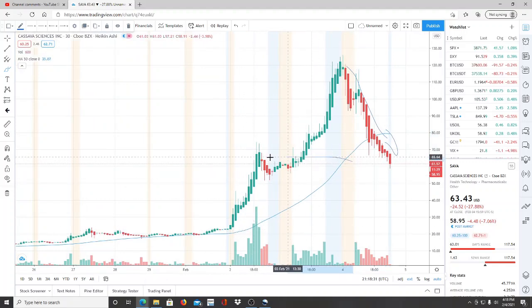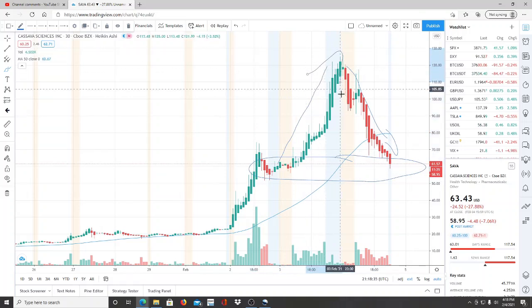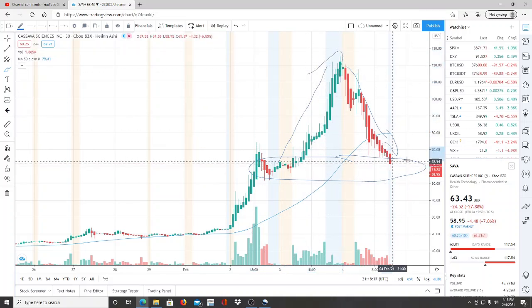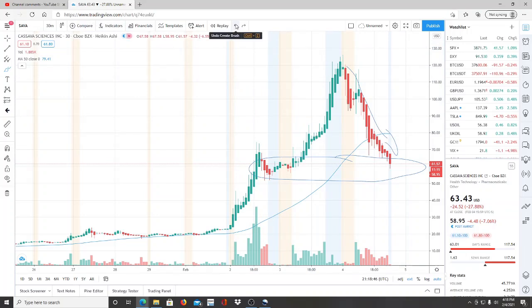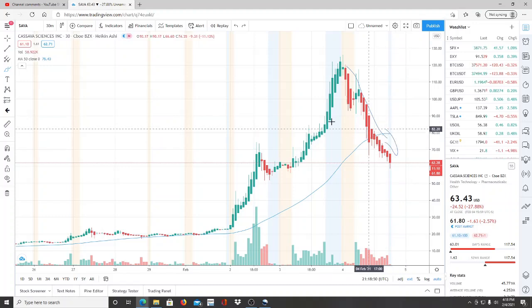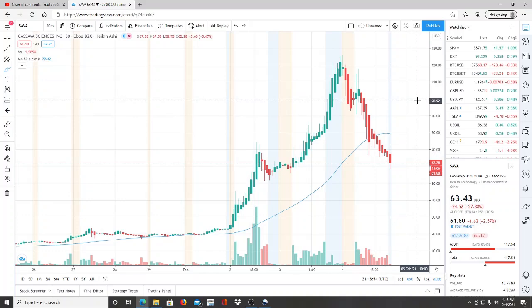here, they're around the area where the bulls came in strong and hefty to pull it back up. So the bulls can actually take advantage of this price and bring it back up, but they're going to have to come in strong. They need to break through $81, right? They need to break through 79.41, right, at the 50-day moving average, and they need to go ahead and continue to pull upwards to newer